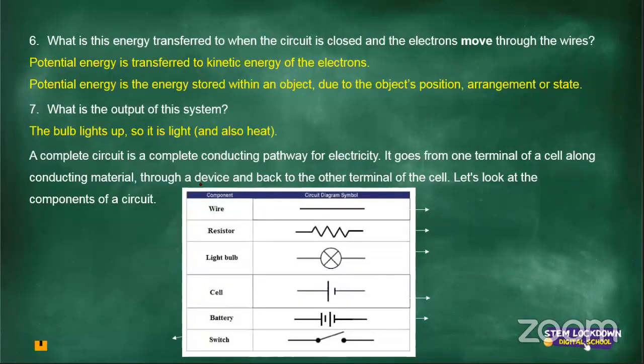Okay, now we're going to look at this. We have a wire. The wire looks like this. And then we have a resistor. I'll take questions just now, not right now. A resistor and a circuit that you're going to draw, because you must know that in your exam, they can